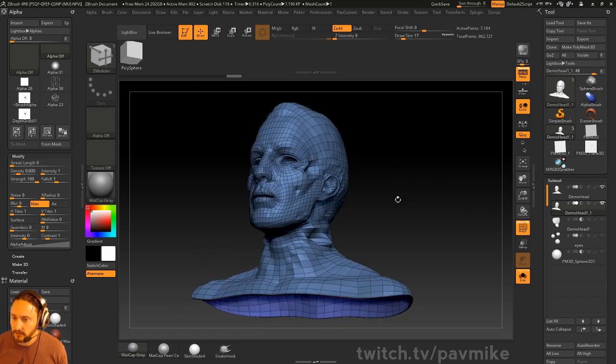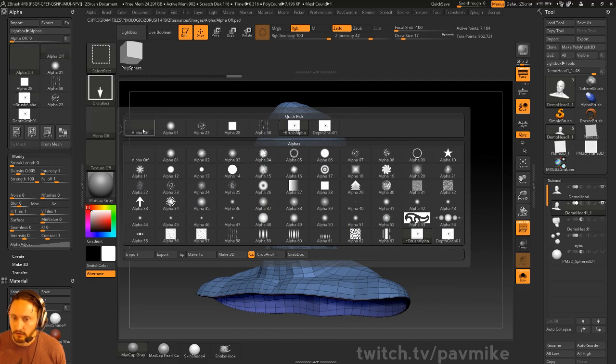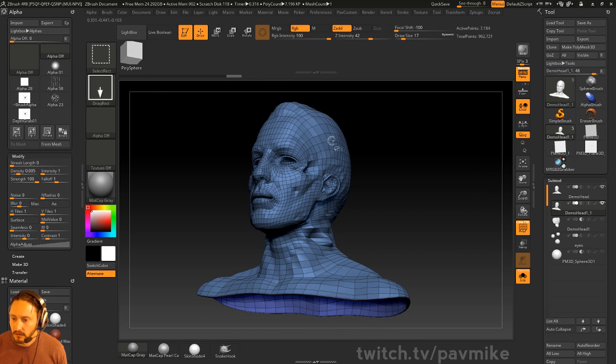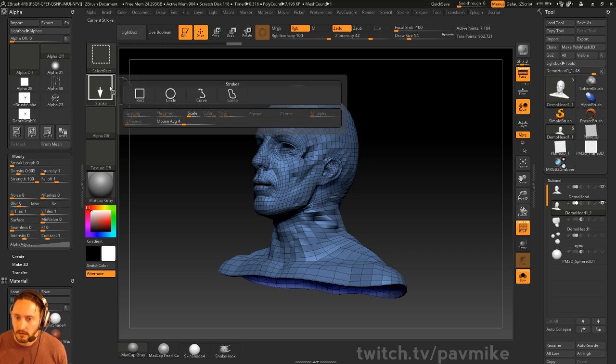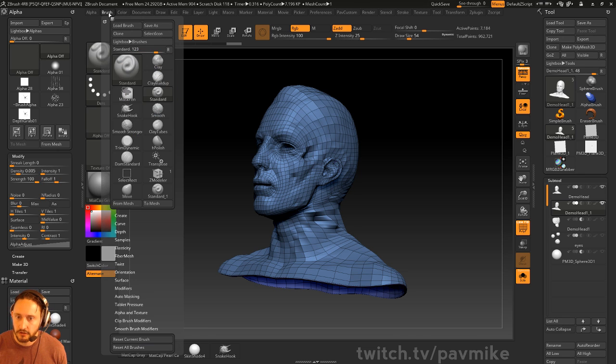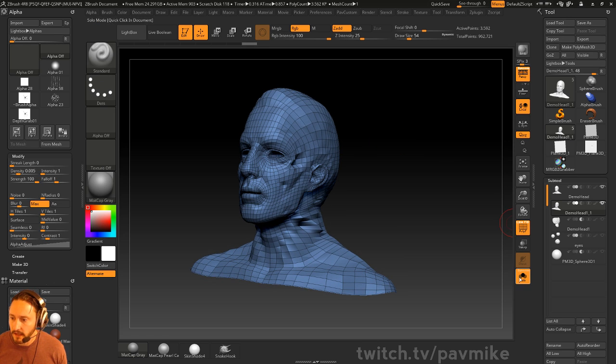So I have these two poly groups here, so I'm going to go ahead and isolate this top one with Control Shift. What's going on here? Oh, drag rect. Okay, you know what we're going to do? We're going to go brush, reset all brushes. There we go. So now I can isolate this top one here, and then again with these ones showing, I